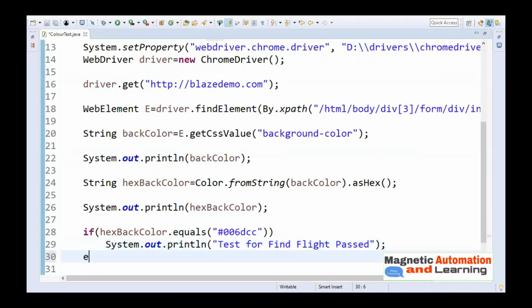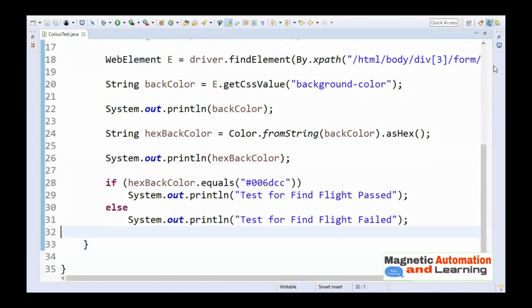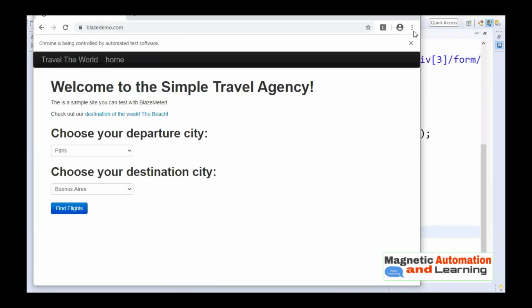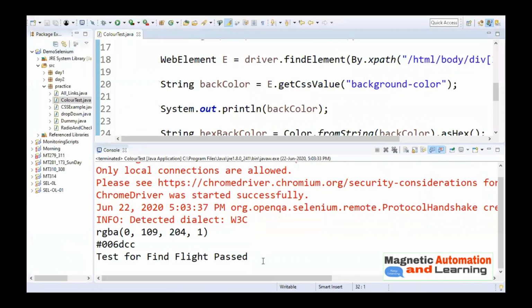Else, test for Find Flight failed. So let's run it to see whether it's working fine or not. Okay, so our test has passed.